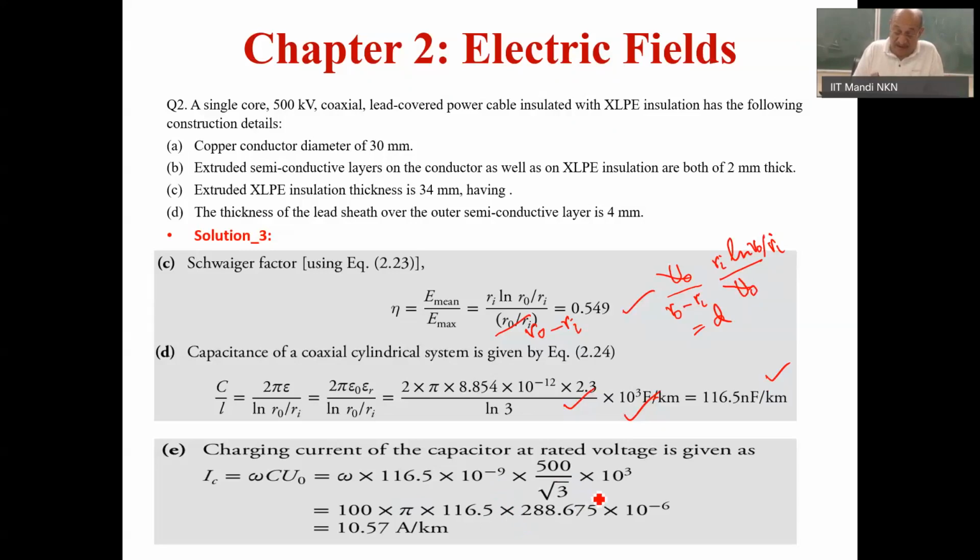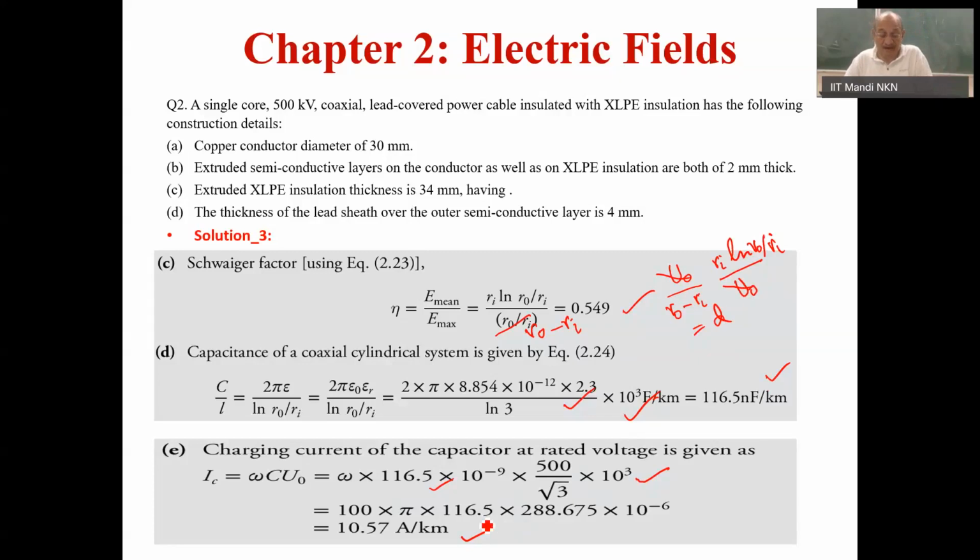This is in kV, so you have converted into volt, and the capacitance you have converted into farad, and when you do this, the charging current will be of the order of 10.5 amperes per kilometer length,